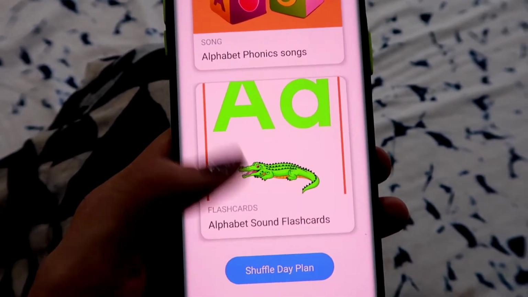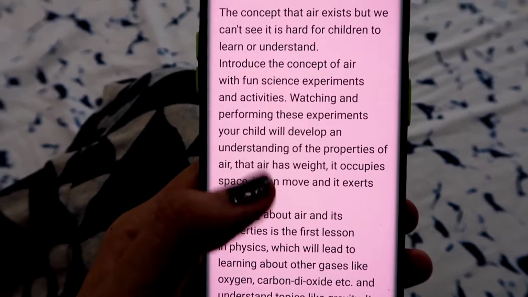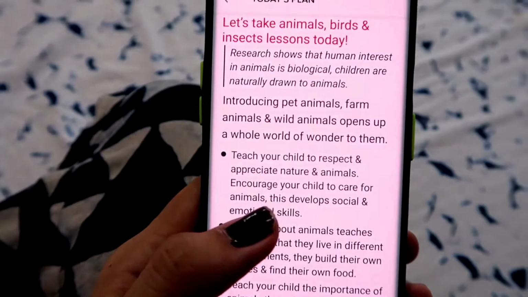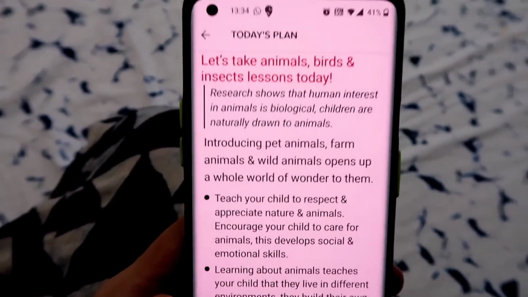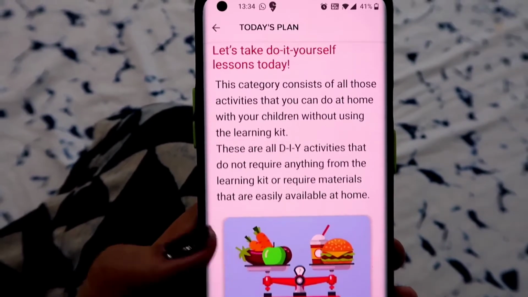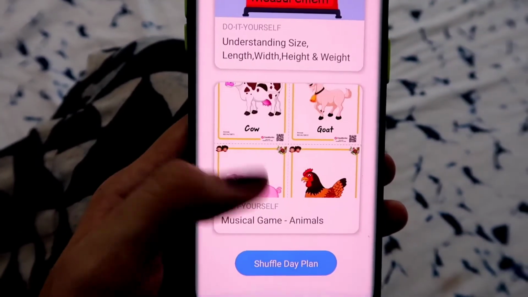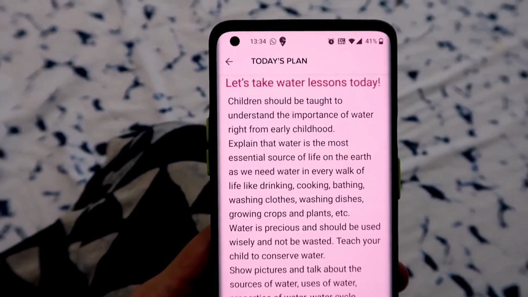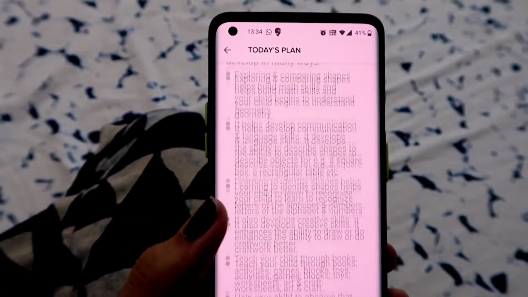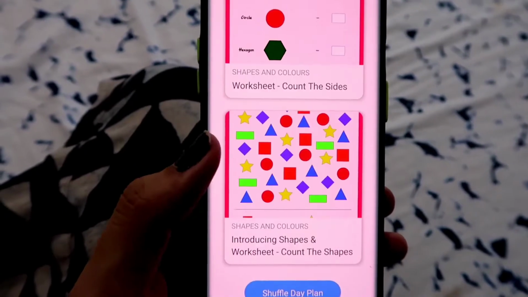Then this is the fourth one, air lesson today. Okay, then I'll tap one more, it's going to take me to let's take animals, birds and insects lessons today. I'm like, no, I don't want to do that. So this is the 5th activity that they have given and this is the 6th activity, and that's it. There are a total of 6 activities.